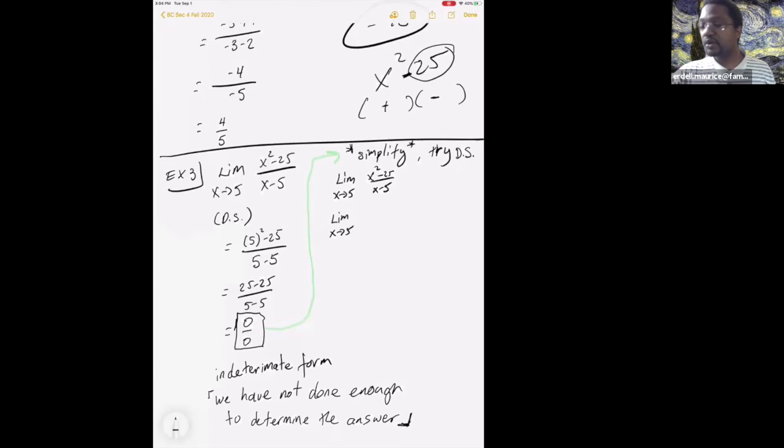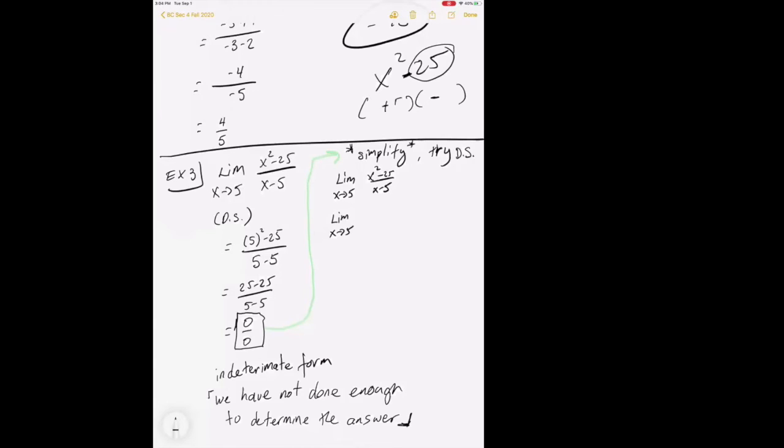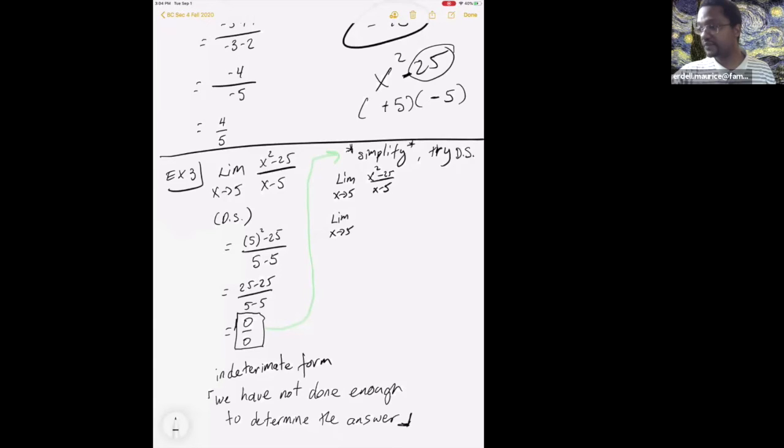What's the square root of 25? 5. And you have your x right here. x plus 5, x minus 5. Difference of squares always factors this way. And so this problem, after I factor it,